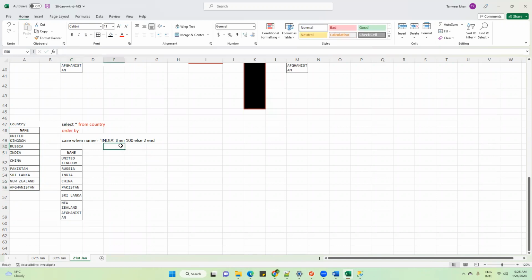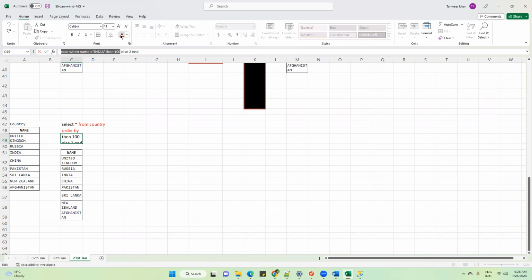Order by means you are telling the SQL engine to please sort the data. Now in order by, you have not given any column name, so you are playing with the case statement. You have written case when name is equal to India, then 100.